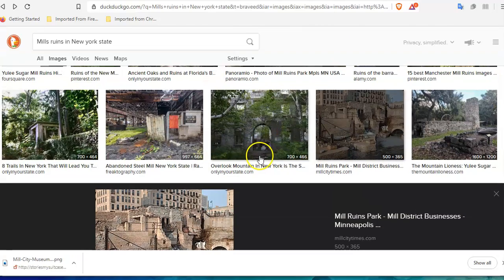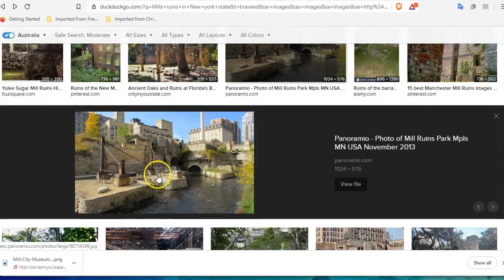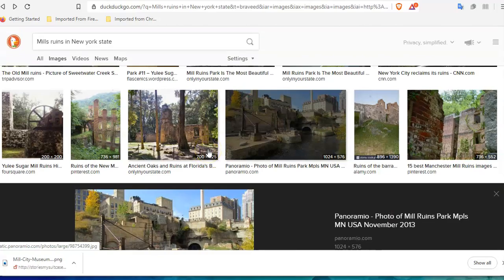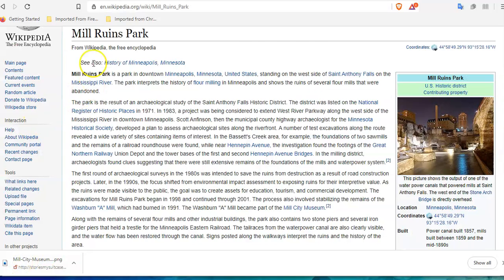And I've seen this. I just noticed this building not long ago. This looks like the same place. And they're saying this is just an old mill that was built in the 1700s. So what's it called? Mills Park Ruins. Mills Ruins Park. Okay, so I just did a search. Mill Ruins Park is a park downtown in Minneapolis, Minnesota, United States. Standing on the west side of the St. Anthony Falls, the park interprets the history of flour milling in Minneapolis and shows the ruins of several flour mills